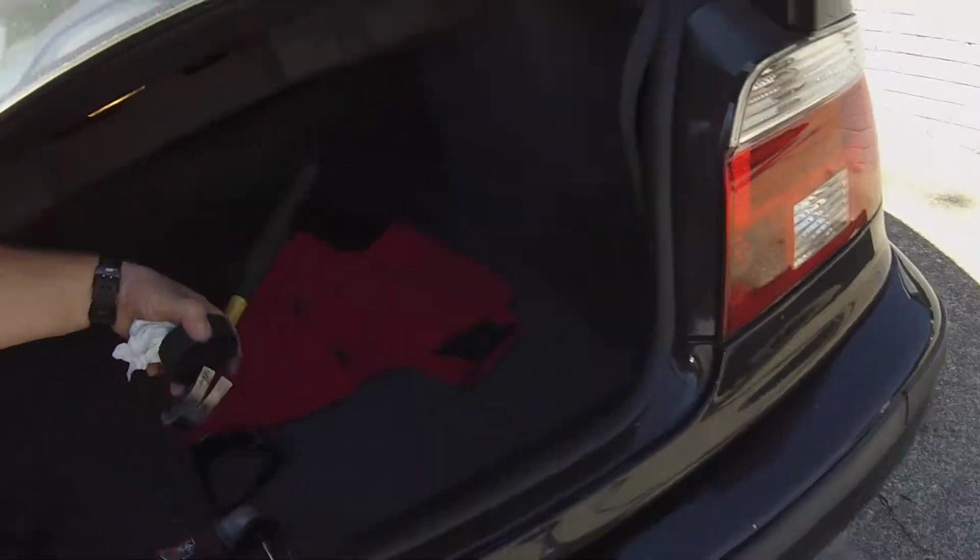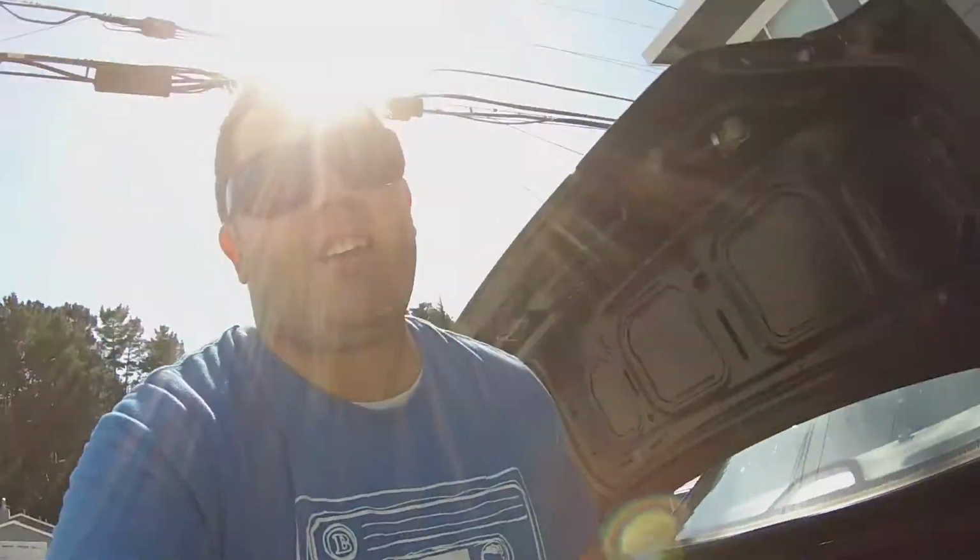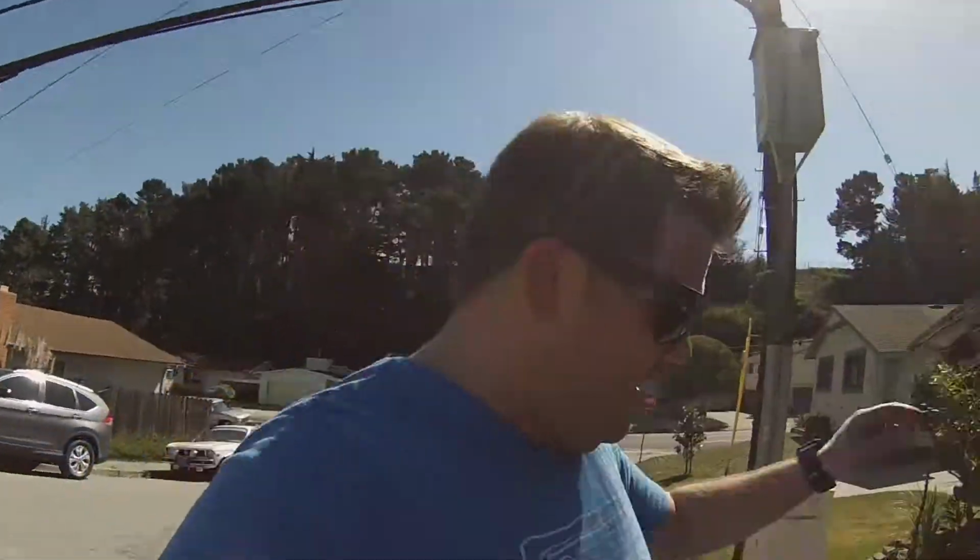Take out the stuff. Keep your tools nice. Put your stunner shades on. Gotta have stun shades. Guess that's a Bay Area thing, but act like you know. Alright, so